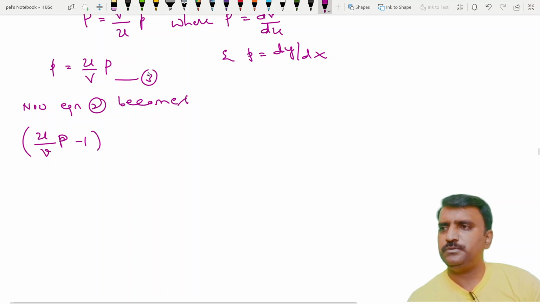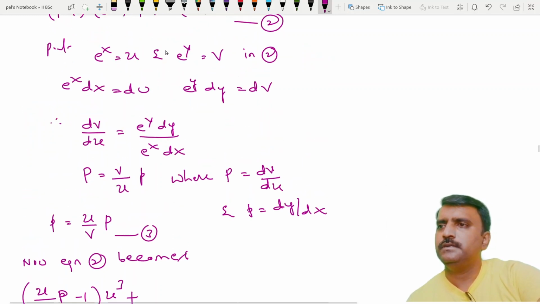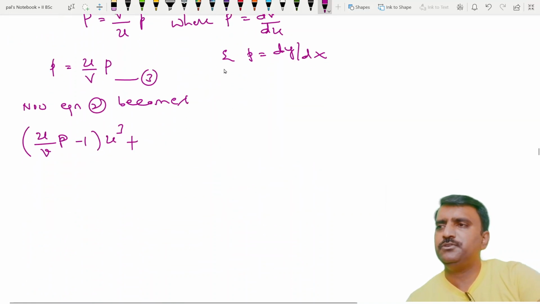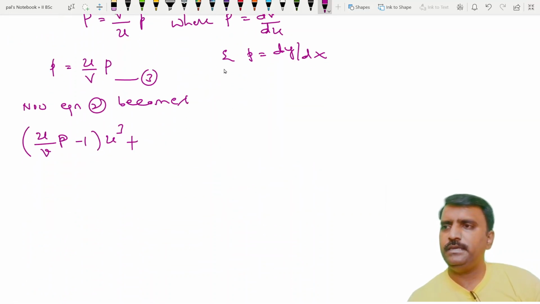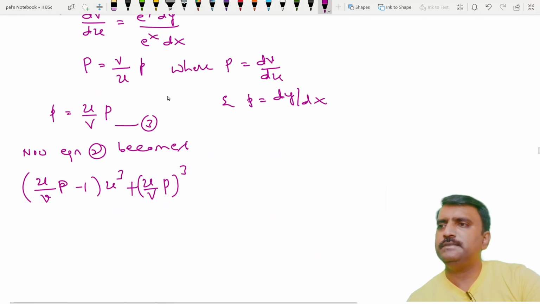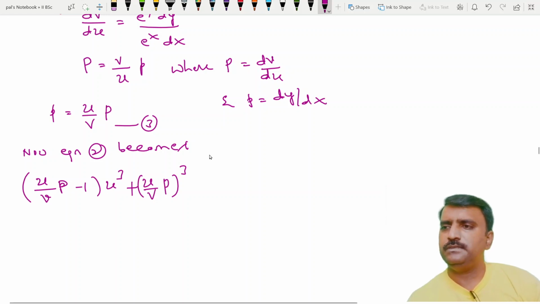Plus, next we have p cube into e to the y whole square. What is p cube? It is u by v into P, whole cube, into e to the y whole square. What is e to the y? e to the y is v square. So this into v square